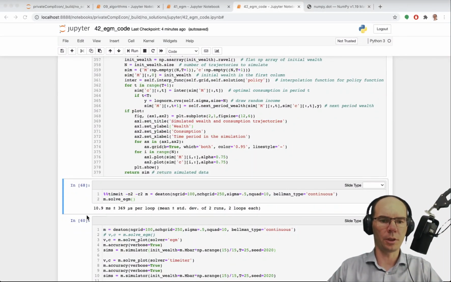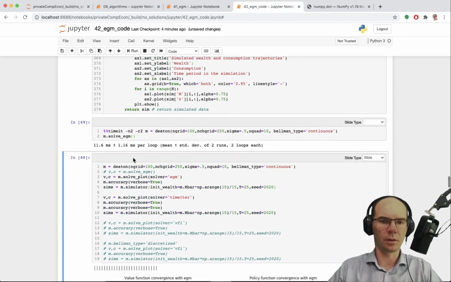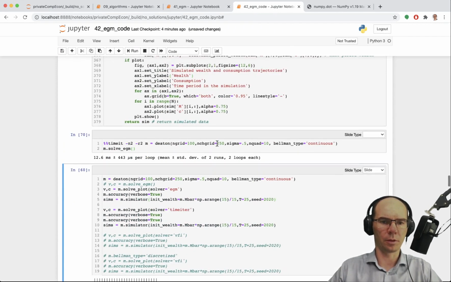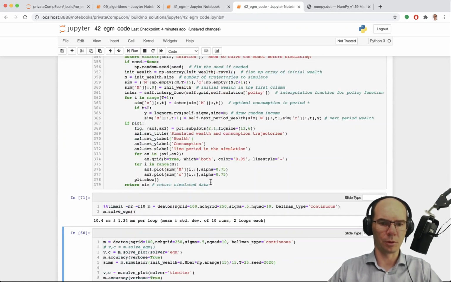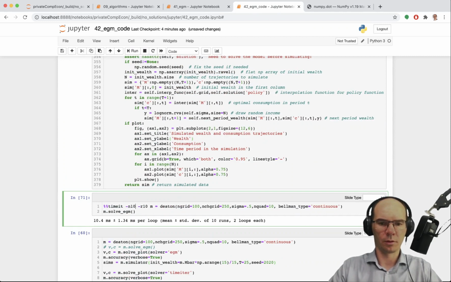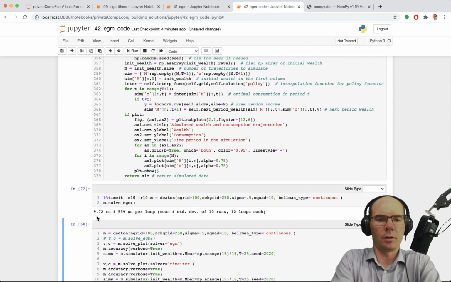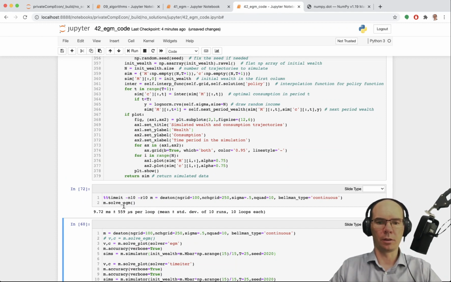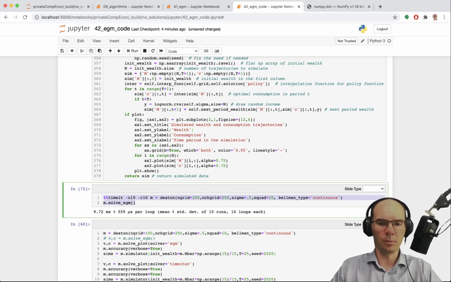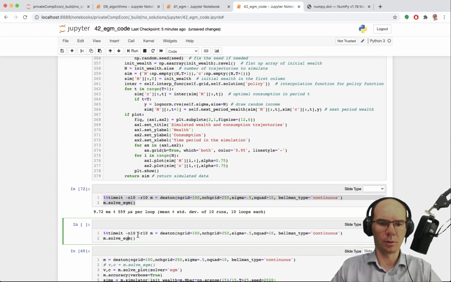Okay, about 10.9 milliseconds. Oh, that was a large error. Let's try to do a more accurate measurement. Yeah, okay, so around 10 milliseconds plus minus half a millisecond. That's for the EGM. And if we do the same thing for time iteration,